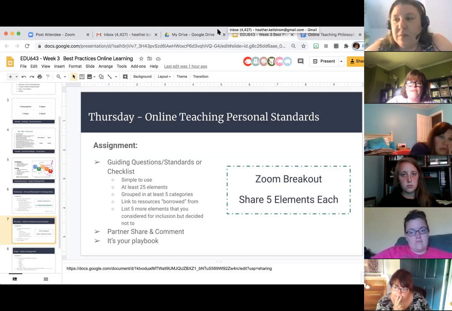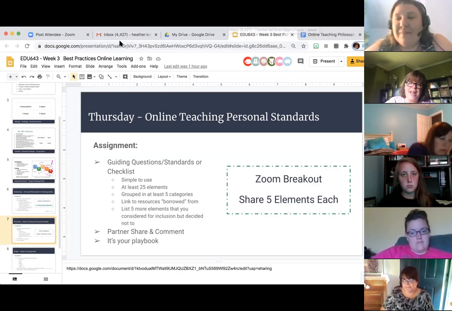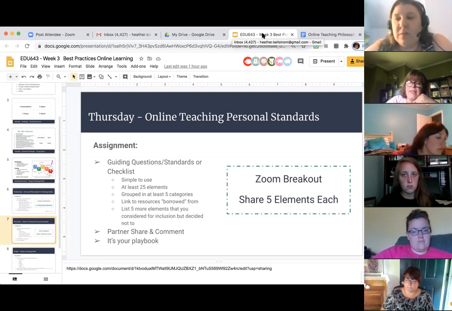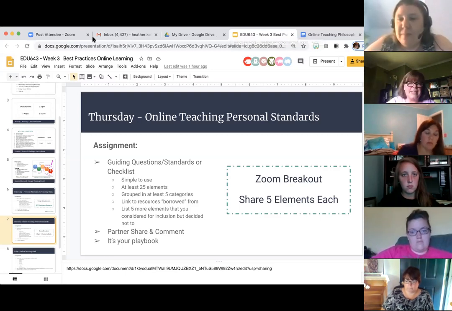You're looking for at least 25 elements that will be a part of this checklist, and you want to make sure they're grouped. Remember back to the LMS assignment, that's one of the reasons that we did it that way. You had categories and then some subcomponents, and it's that same kind of thinking. You want to have some broader categories with subcomponents that you can go against and feel good about. And you're going to see lots of overlap, because in education, there's only so many different checklists and guiding documents that can be created.